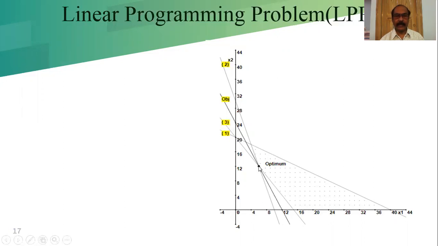This is our D actually in the previous graph. So this gives us the optimum value of the objective function without finding the values at the other 4 points, A, B, C and D. From that we can say D gives us the optimum solution. This is, I think, 6 and 12. Let's see what we will get. And that objective function line is known as the isoprofit line. This objective function, whatever is there, is drawn.